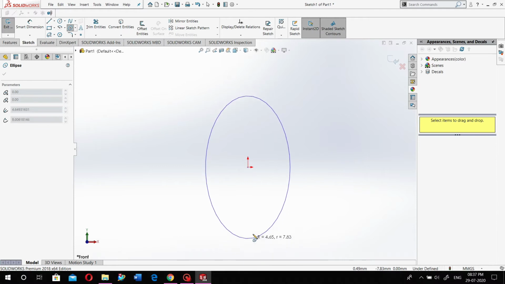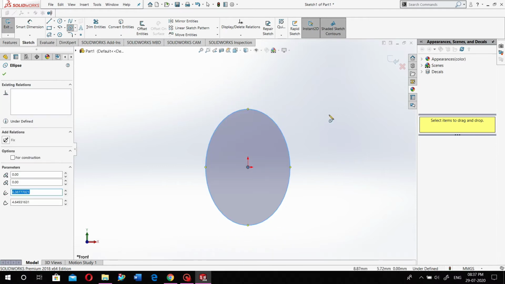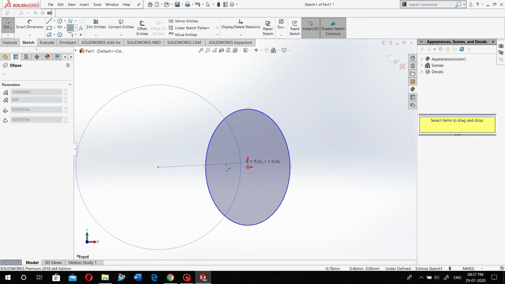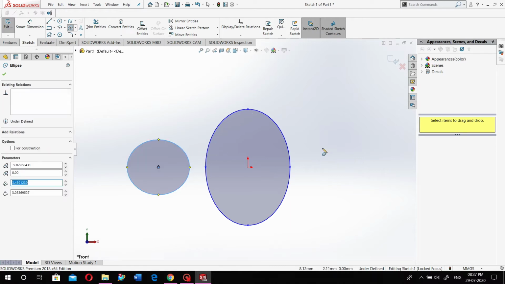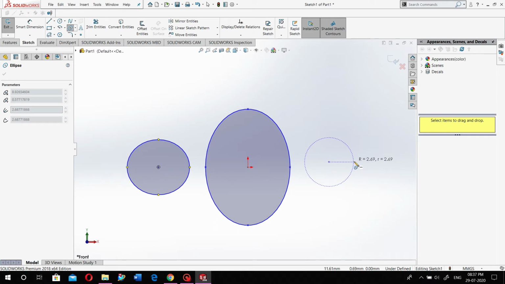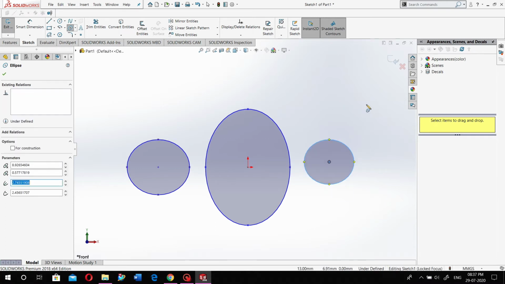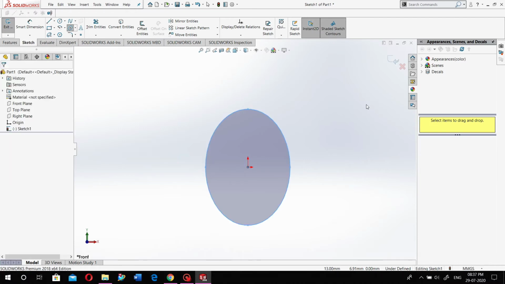If you move your cursor up and down, the ellipse is created accordingly. If you want to make it horizontal, you can do it horizontally. It depends on the structure and your need. So this is about the ellipse.